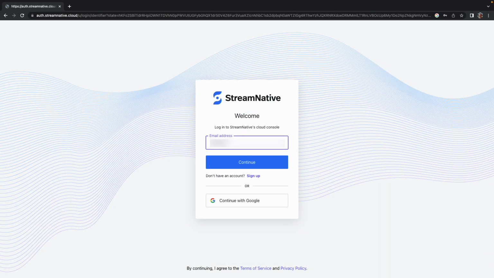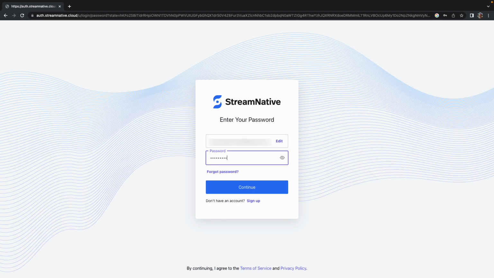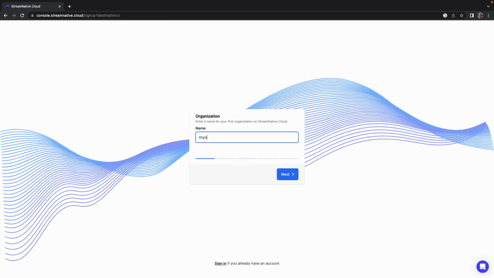Once I have the Login dialog box, I can type in my email address, click Continue to type in my password, and after clicking Continue, I will be prompted with a few questions. First, I type in the name of my organization,